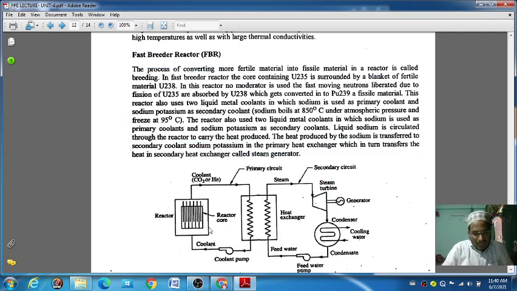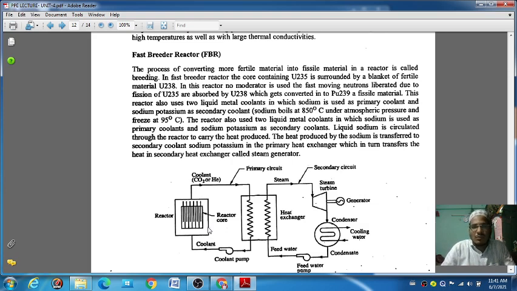In the last class, the first class of your Unit 4, we already discussed the basic concept of nuclear power station. In that we discussed the nuclear reactor, parts of the nuclear reactor, types of vessels, and some other reactors: pressurized water reactor, boiling water reactor and sodium graphite reactor. Now we are discussing the fast breeder reactor. The short form is FBR.